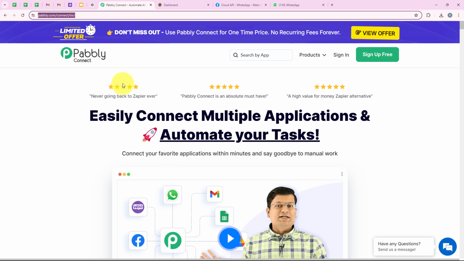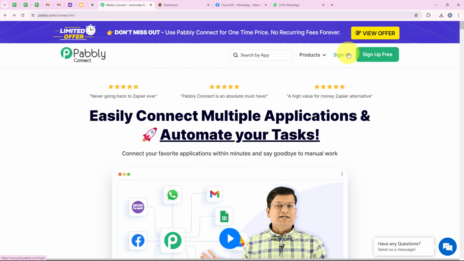It is very easy. As soon as we open the landing page of Pabbly, we are going to get two options. One is sign in and the other one is sign up for free. So if you're a new user, you can click on sign up for free and you are going to get 100 tasks free every month. But I'm an existing user, so I'm going to click on sign in right over here,